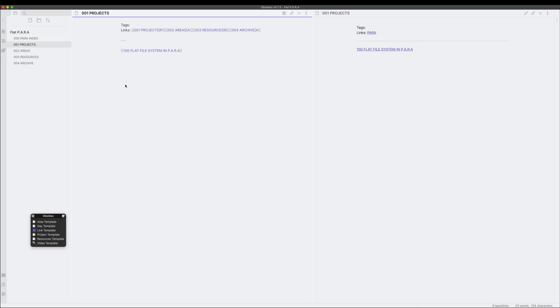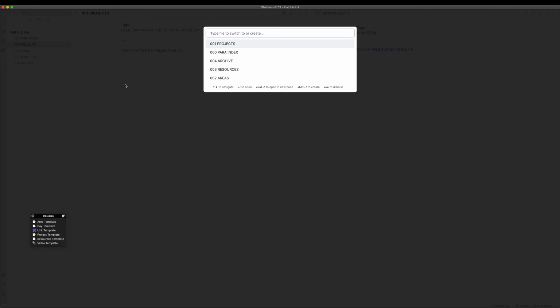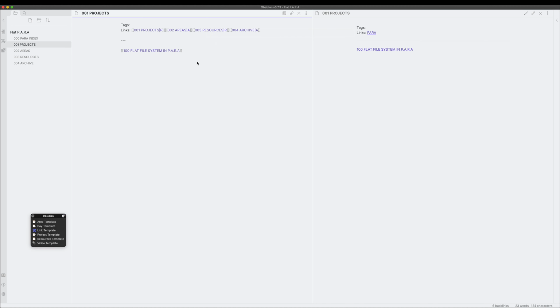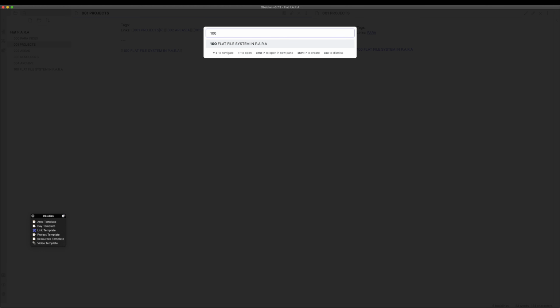Now let's come to why 100. Basically, if you want to access only projects really fast in Quick Switcher, the way you bring up Quick Switcher is Command O. You'll have to check what for Windows, but for Mac it's Command O. And all I have to do is just type 100 or 200 and it'll show me all the projects. That's why I'm naming it 100. Right now this file doesn't exist. Clicking this file will create the file. So now go back to projects. Again, Command O. As soon as I put 100, you can see that all my projects are listed here.